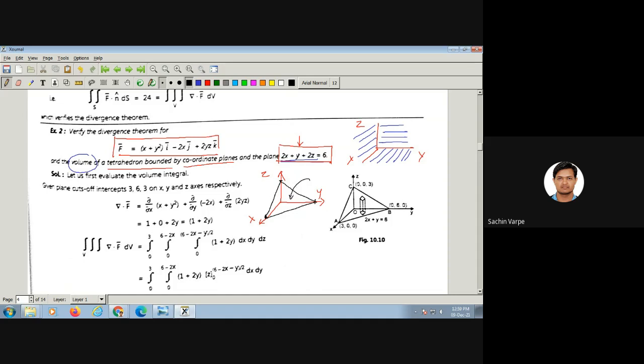So when we substitute y equal to 0, what do we get? 2x plus 2z equal to 6. That means x plus z is equal to 3. So we know this is nothing but a line in the xz plane. Is this clear? So we can draw that line. Similarly, we can draw this line in the xy plane by putting z coordinate 0 there. And similarly, by putting x coordinate 0, we get this line in the yz plane. Is this clear? So how many planes are there? There are 4 planes.